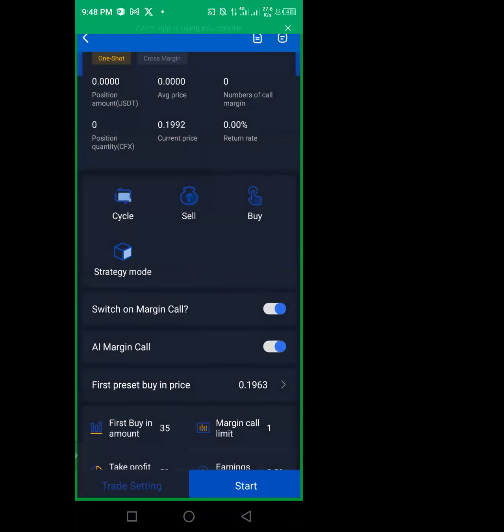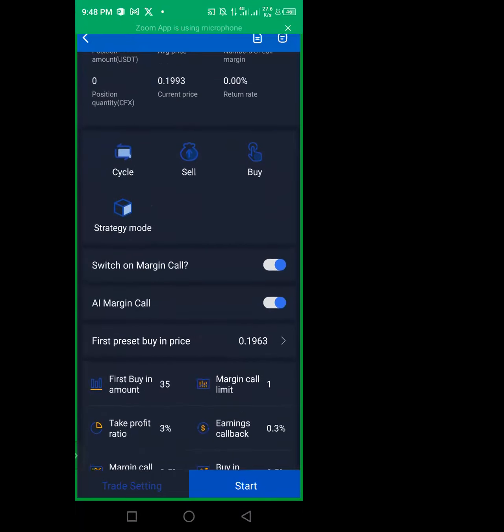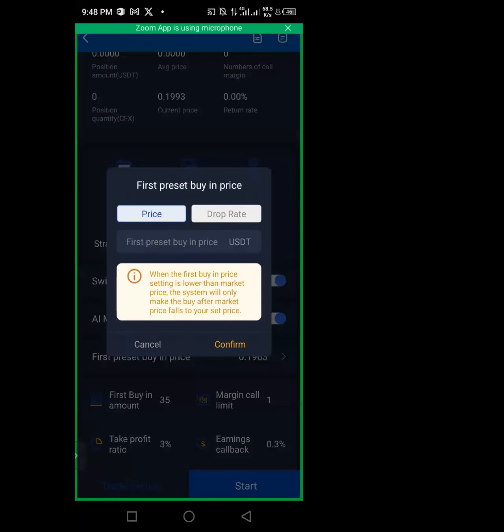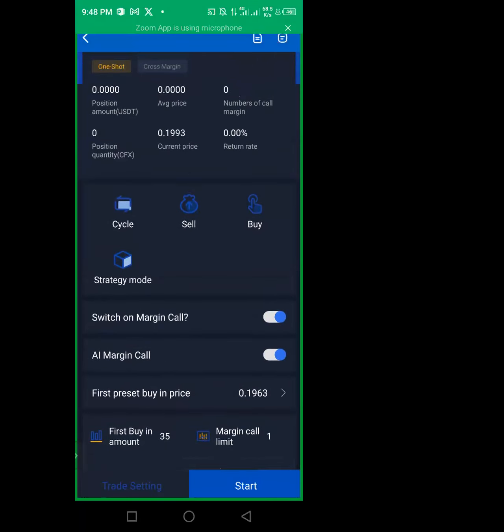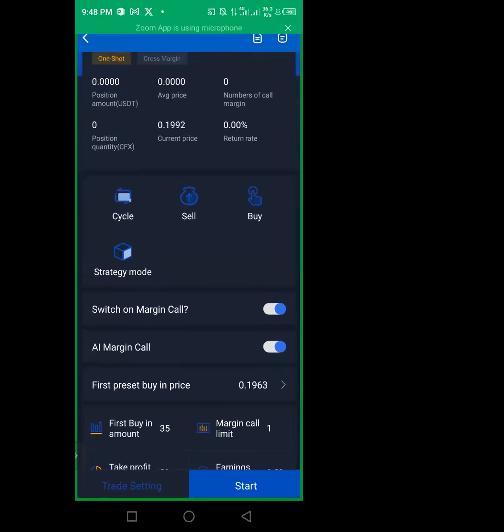Once I click confirm, you see it here. The price you set, you see it here. So you still have the opportunity to confirm it with the current price here. You are setting it because what you just set is lower than the current price. If you come and you see that what the signal is telling you to set is higher than this current price, please, after you set your trade settings, start this trade immediately. Don't set any preset price. But if what they are asking you to set is lower than the current price, please set it before you